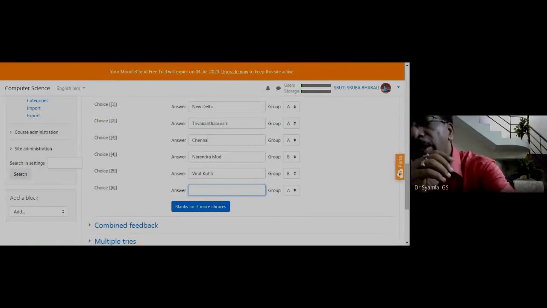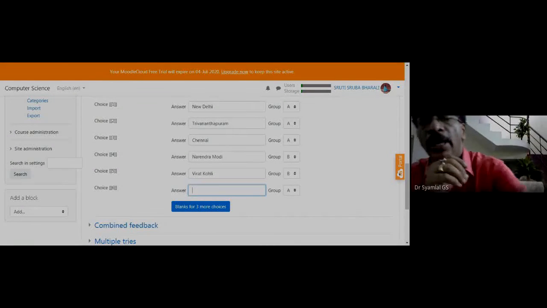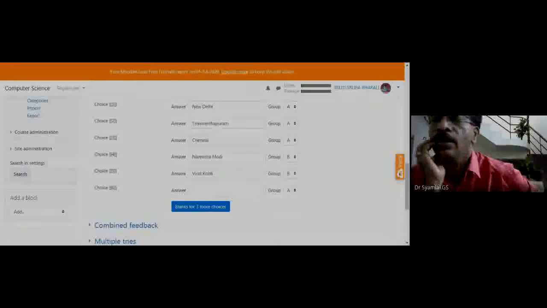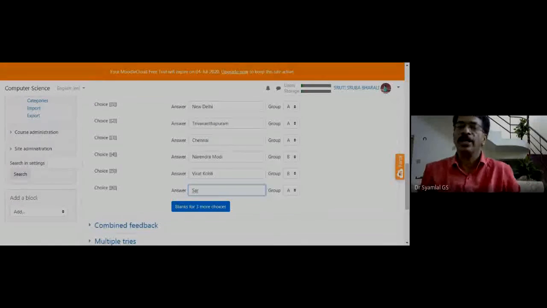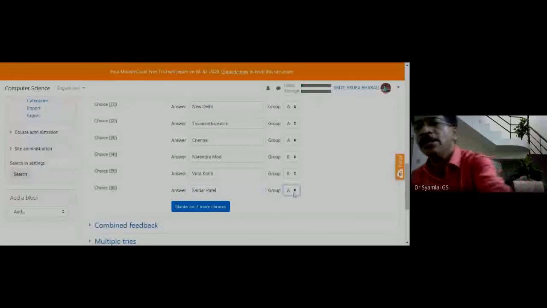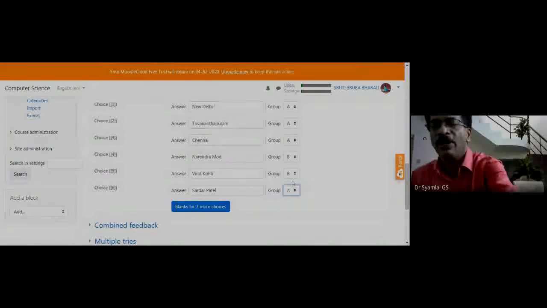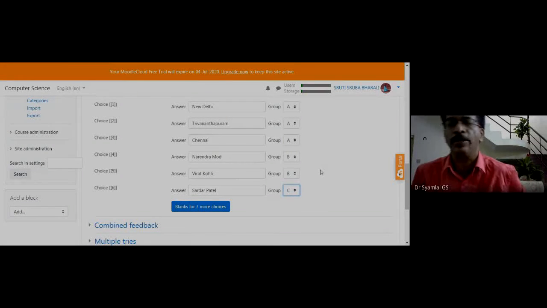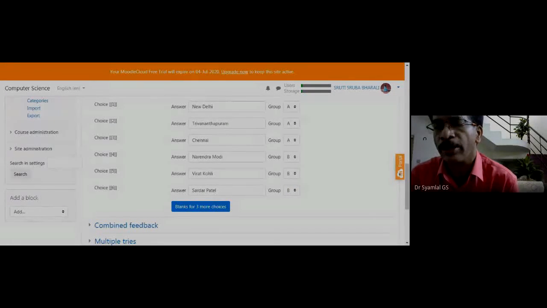Now we are going into the name questions. We had given Narendra Modi, Virat Kohli, and the last one, what is the next question? Sardar Patel. Yeah, so that comes under another group. Do keep in mind Group A and Group B. We will not be going into other questions. I think it will be getting you into trouble. Not C, it is B. Last one, it is B. Friends, take a look at this one. What we are doing is grouping that into one thing.